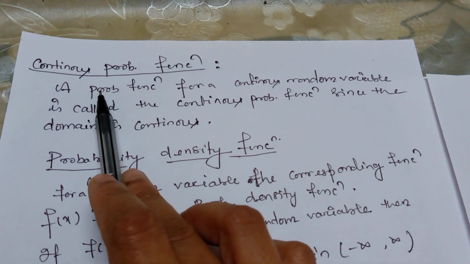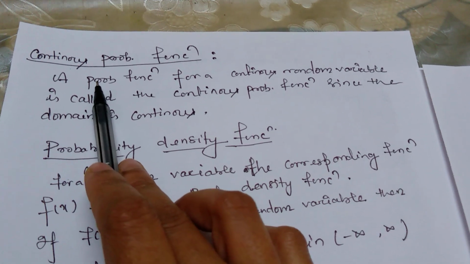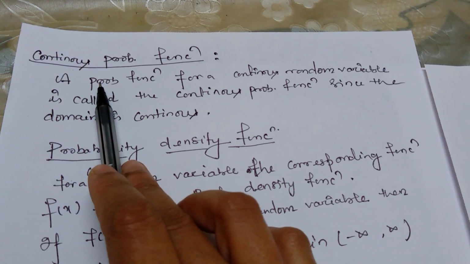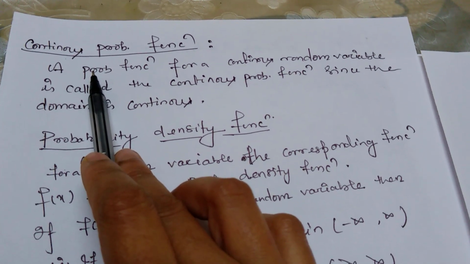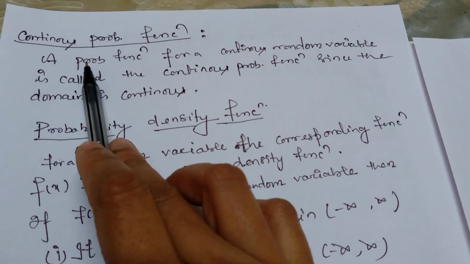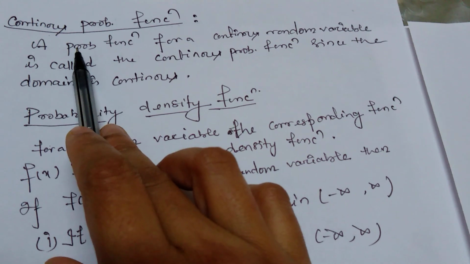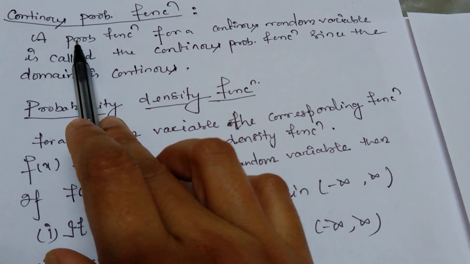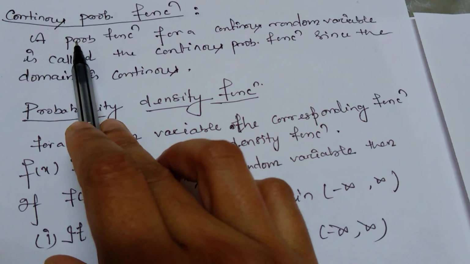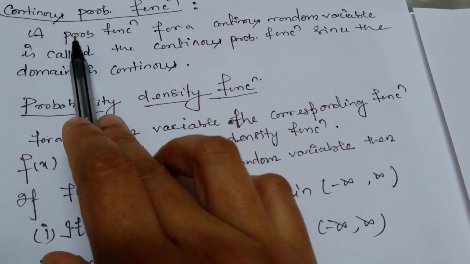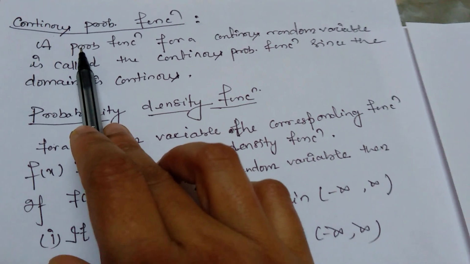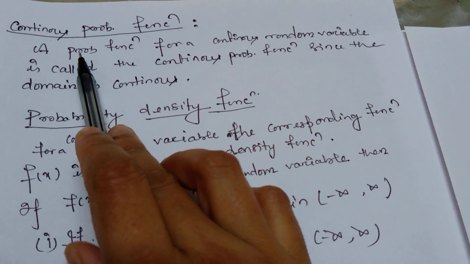Okay, so hello everyone. Our next topic will be continuous probability function. Previously we have discussed probability mass function. The probability mass function was a function defined from the domain of a discrete random variable, but the continuous probability function